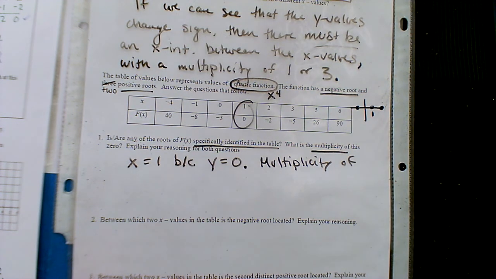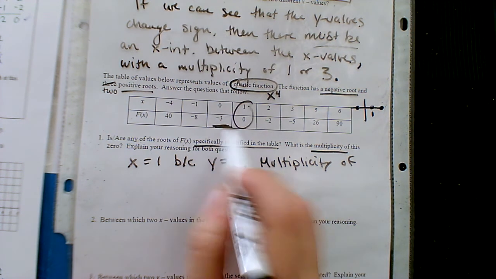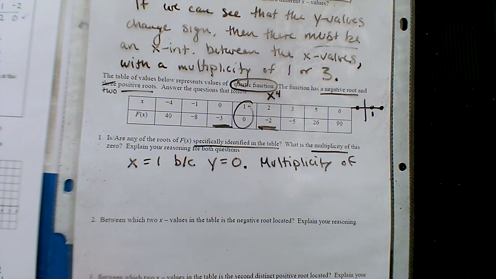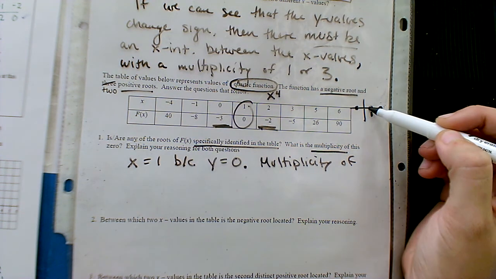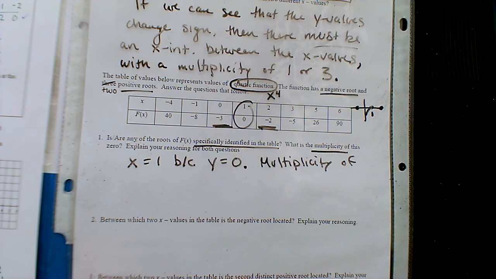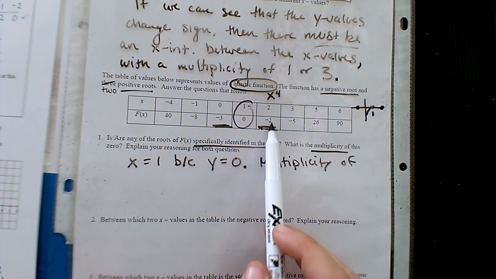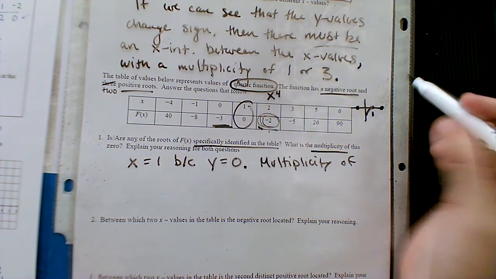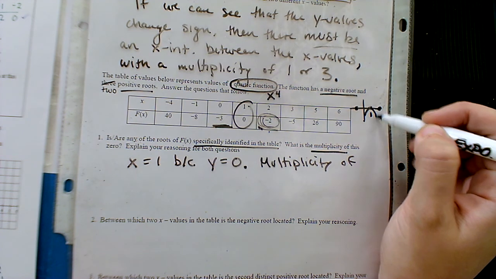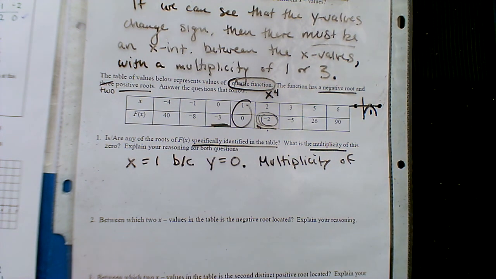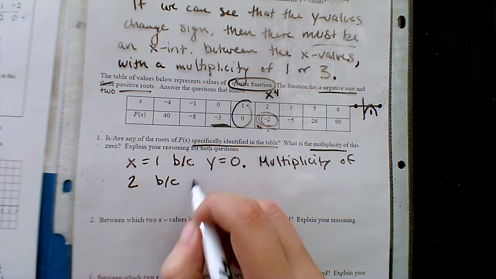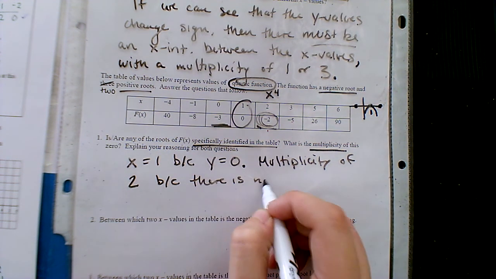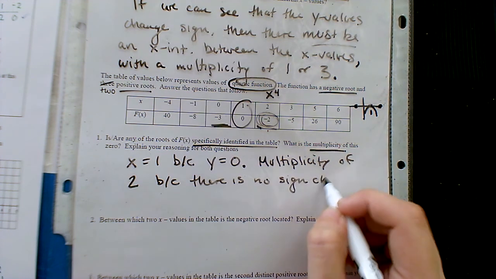Multiplicity of, yeah? And we can look at the y value surrounding it. See if it's just signs or anything like that. The y value before the x-intercept is negative, so you're below the x-axis on the left. After the x-intercept, your y value is still negative, so you're below the x-axis on the right. What multiplicity does that look like? Yeah, 2. Multiplicity of 2. Good, because there is no sign change